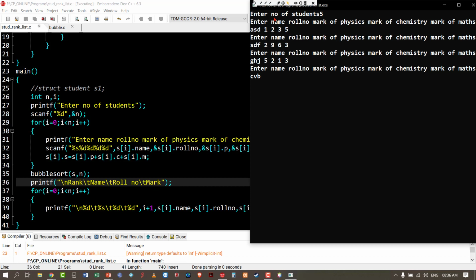CVP. Roll number 8. Marks 4, 5, 6. IOP. Roll number 3. Marks